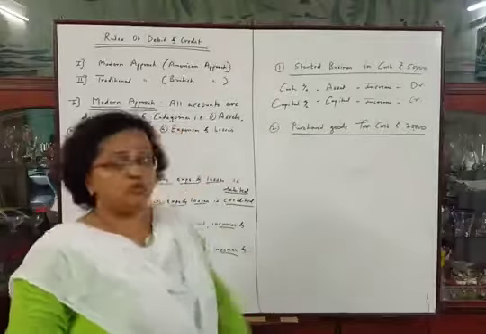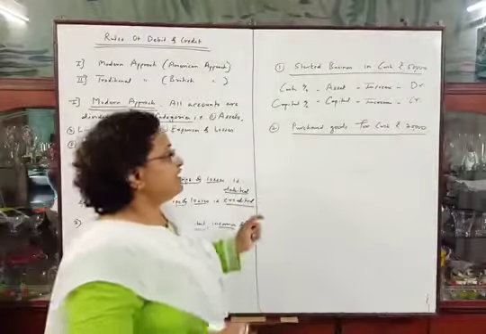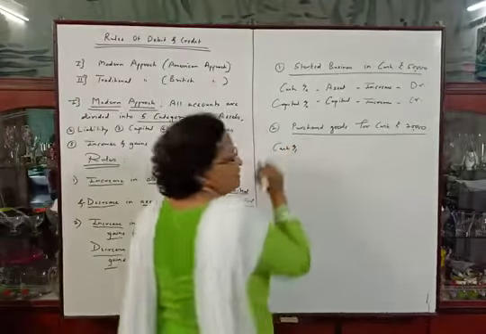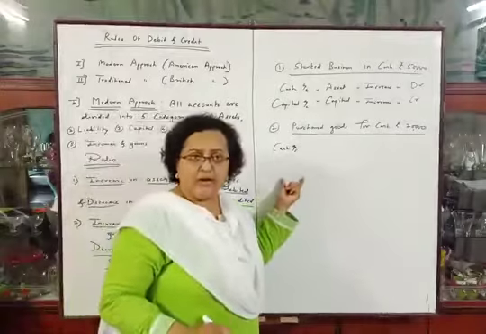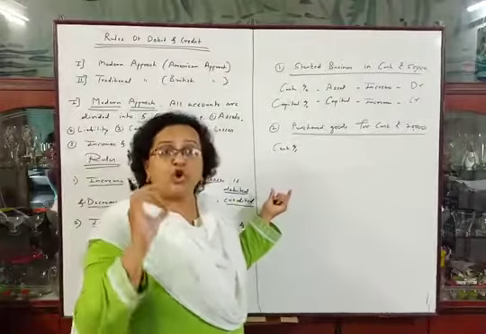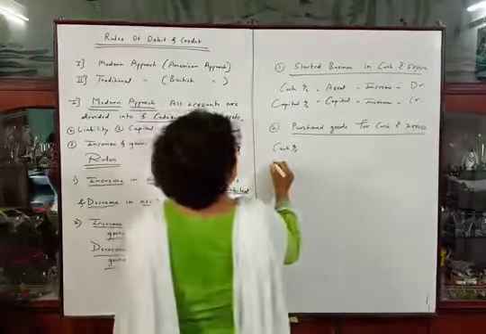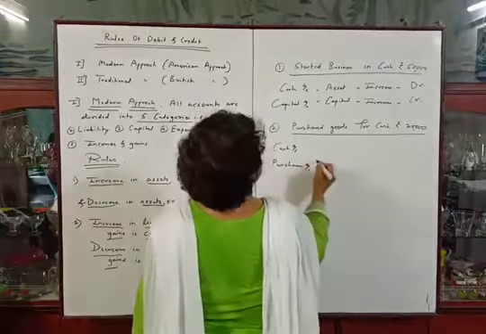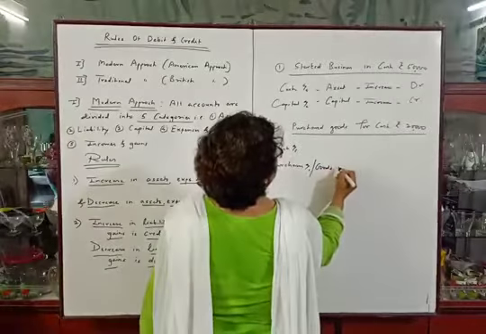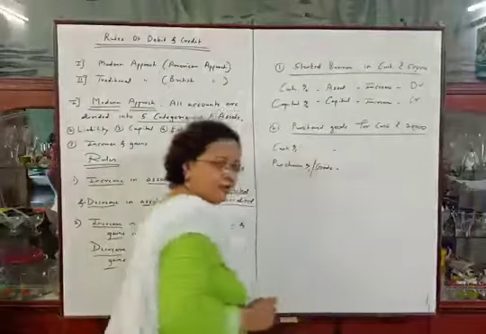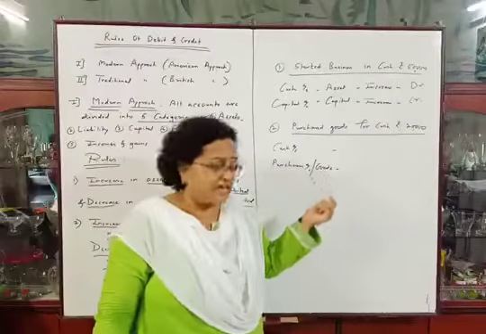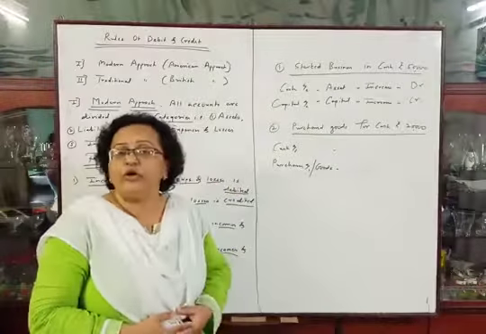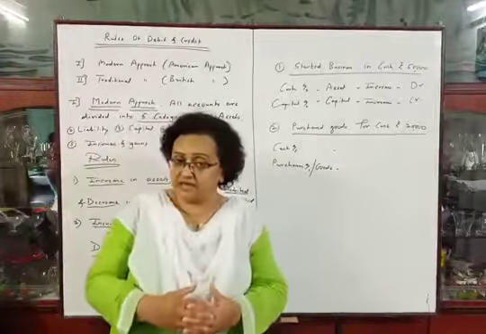See which two accounts are involved in this transaction. One is, the goods are purchased for cash, so cash account, and the second account is goods account. But when we purchase goods, we will call goods account as purchases account. You can also term it as goods for a while for better understanding. Okay, first account is cash account and second account is goods account.